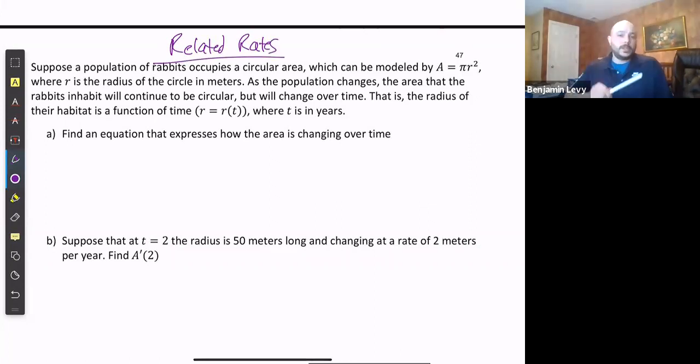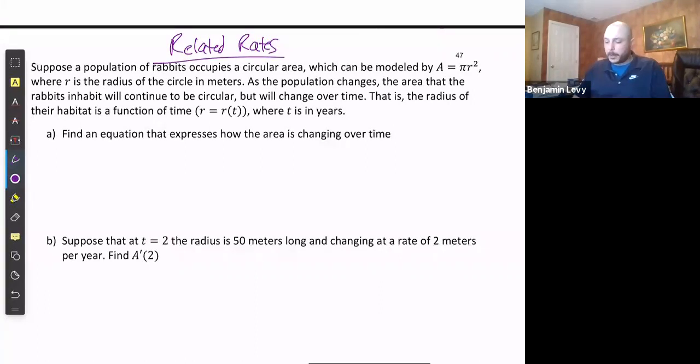And this is actually a problem from my pre-calc class. If you had me in pre-calc last semester, we saw this in the composite section. And so I'm bringing it back to learn a little more about it. So let's say we had a bunch of rabbits and they live out in our woods and they approximately live